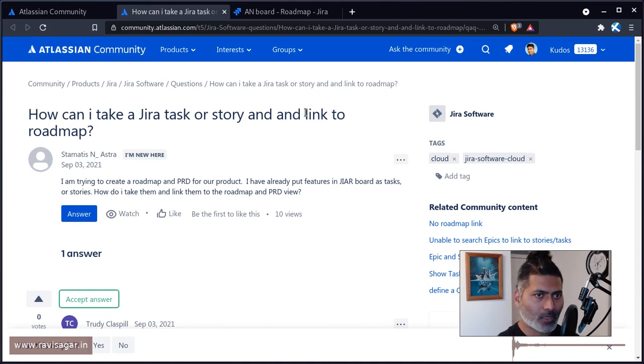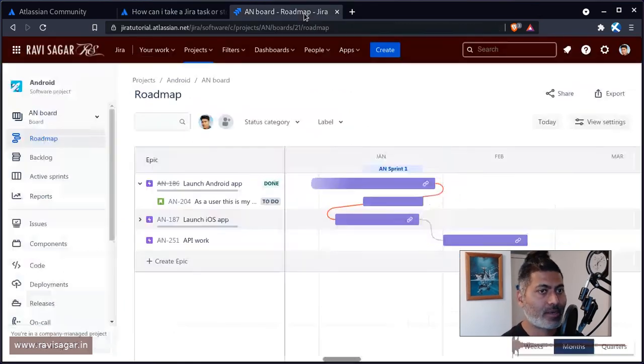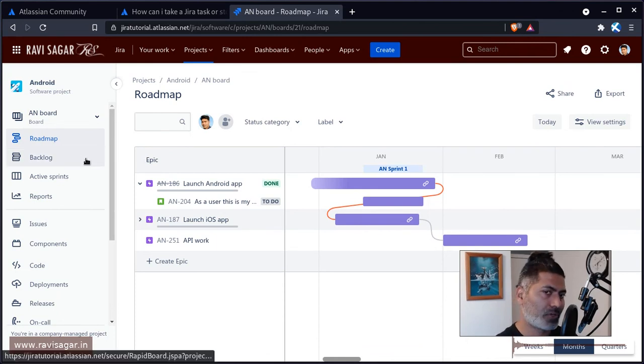So I thought I'll probably share these things with you because I think a lot of people want to work on the roadmap, and even if you are not using Advanced Roadmap, you still have the inbuilt roadmap feature that comes with the Jira software. So that is all I wanted to talk about in this